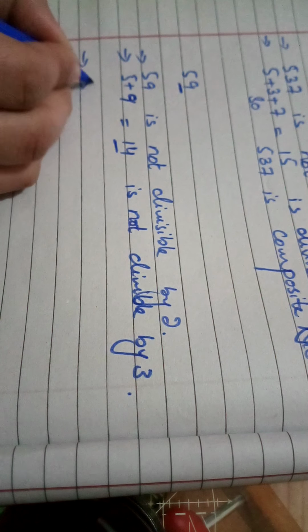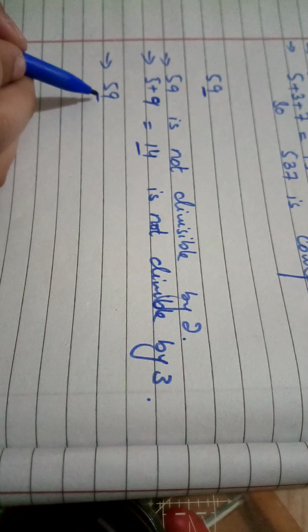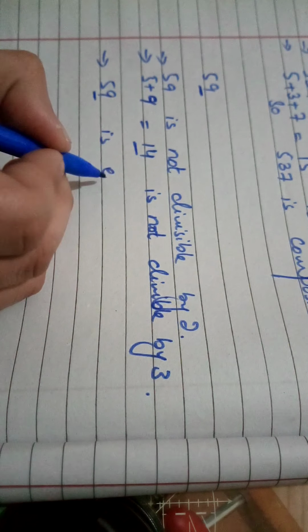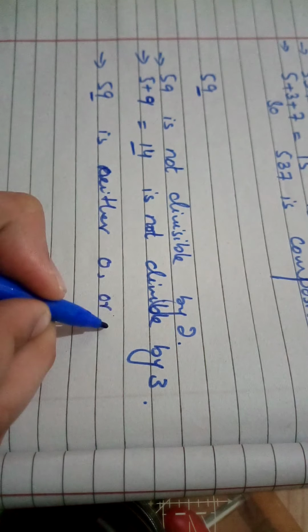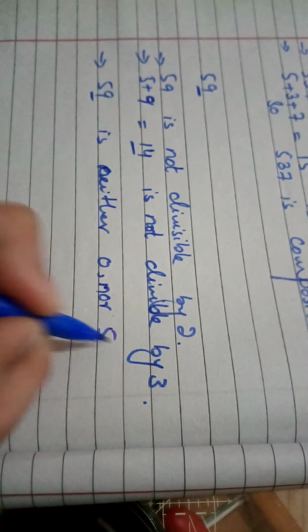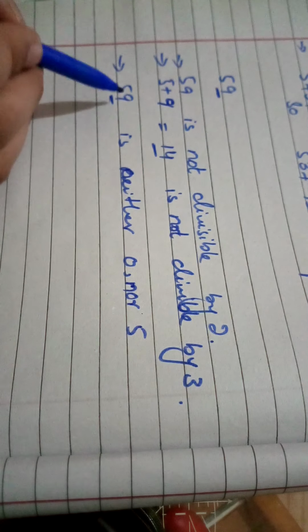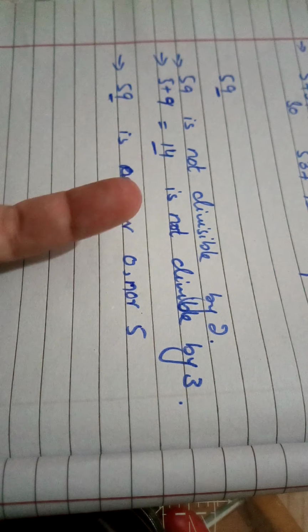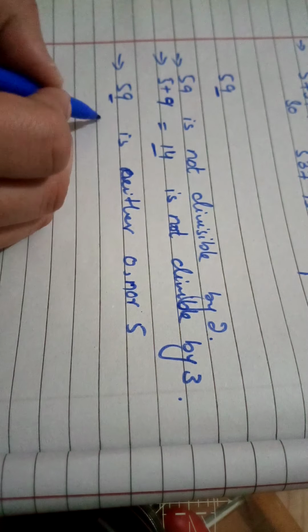So 59. The last digit of 59 is neither 0 nor 5. 59 का जो लास्ट डिजिट है ना तो 0 है ना तो 5 है। अगर 0 और 5 हो तो हमारे पास 5 के टेबल में डिविजिबल हो सकता है। जैसे आप 5 के टेबल अगर रिकॉल करें, 5 1 से 5, 5 2 से 10, so we have a difference of 5: 10, 15, 20. So if the last digit is not 0 or 5, that means 59 is not